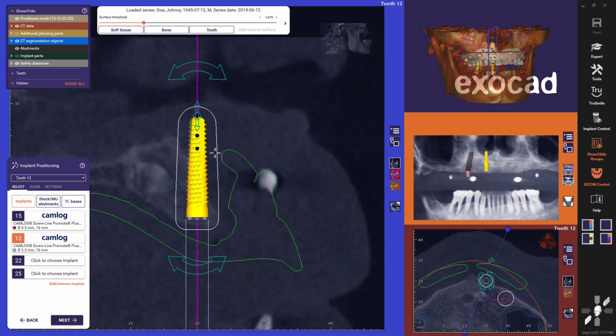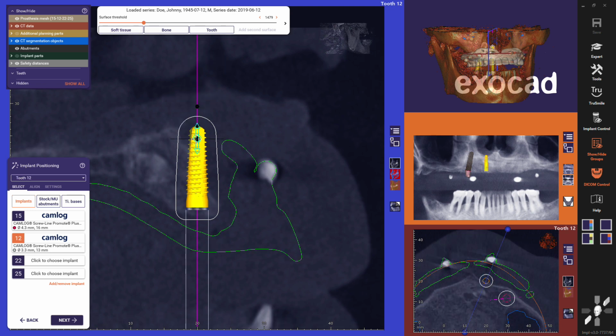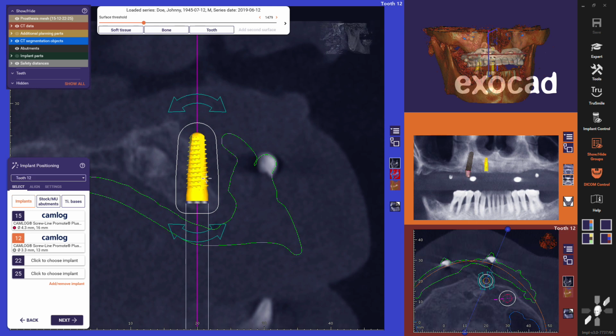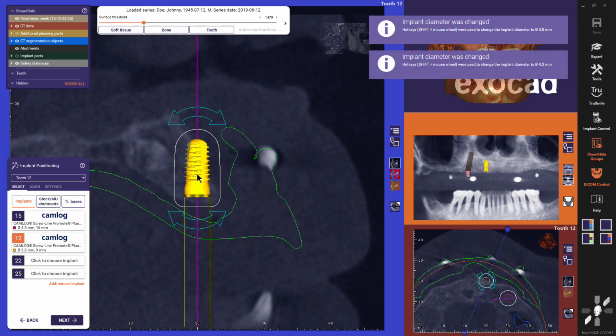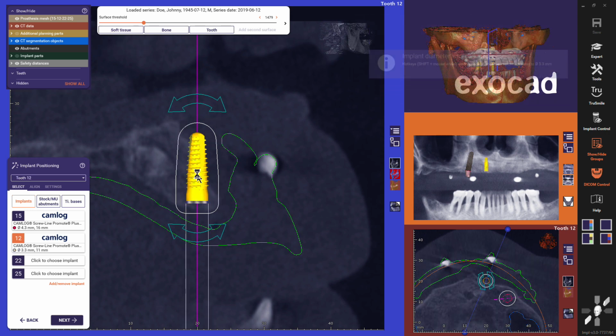You can select a different length by dragging the arrow up or down. You can select a different diameter by holding Shift and scrolling the mouse wheel when the mouse cursor is over the active implant.